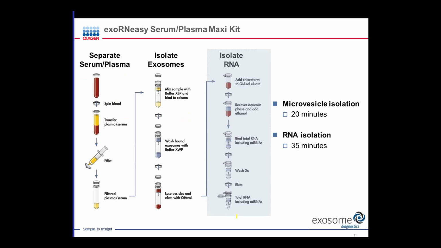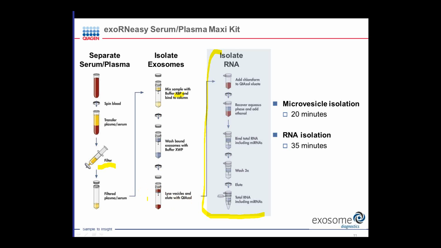So as I mentioned, exoRNA-seq is a sample isolation protocol to selectively purify the RNA from exosomes and other microparticles from serum or plasma. So this part that's in the shaded box is essentially microRNA. And upstream of that, we're taking serum or plasma and doing a filter to remove large particulates. We're taking that filtered plasma or serum, and we're collecting the exosomes and microvesicles on a special filter in a buffer that allows them to be captured by that filter. Then we're doing a wash and an elution. And the elution is done actually with Qiazol, so we're lysing the exosomes and releasing the nucleic acids